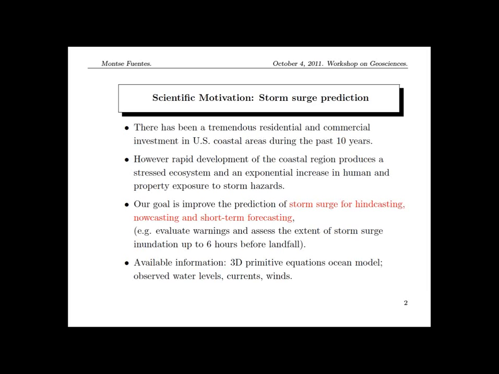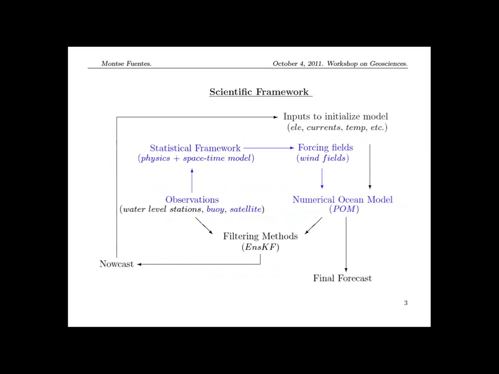This is the seawater elevation associated with these very strong winds caused by hurricanes. So we are trying to do very short-term forecasting as well as hindcasting. The way it's being conducted right now is purely based on deterministic models. There is this model called the POM model, the Princeton Ocean Model, that is a series of differential equations for the conservation of mass, turbulence, heat, salt. And this model here,